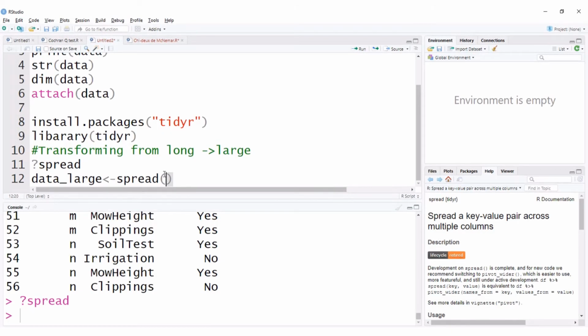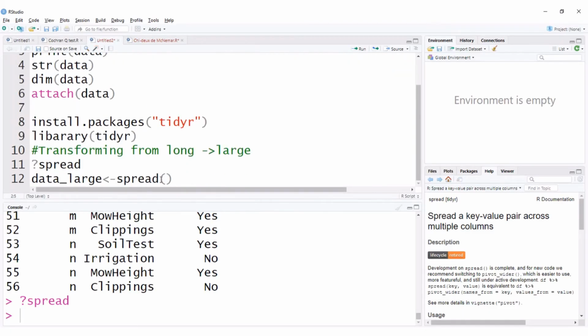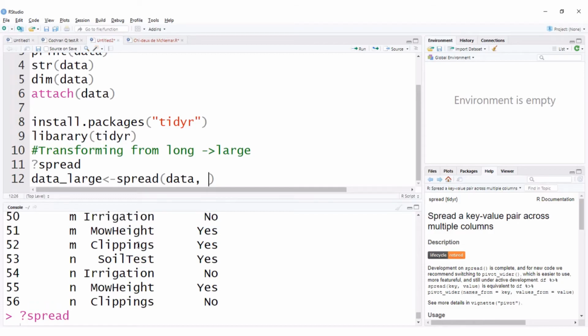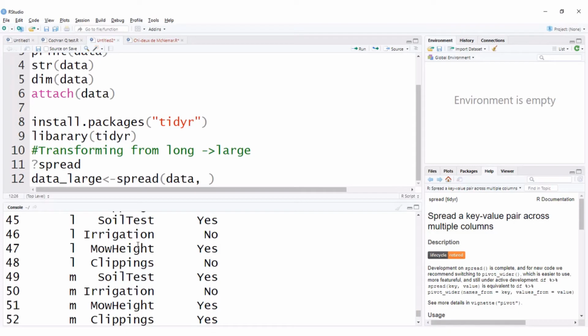So we have to put the name of the data first of all, which is what? Data. We named it data right from the get-go. So we write data, comma, then we write the variable that we want to spread into wide format, which is what? Practice. So write practice,